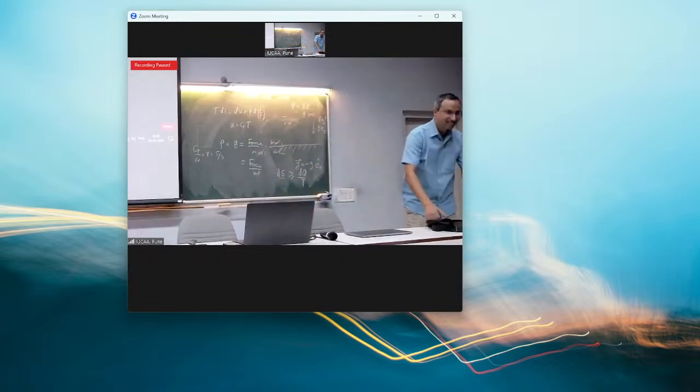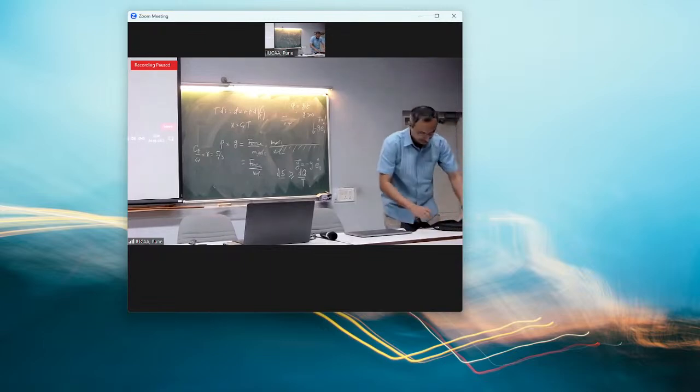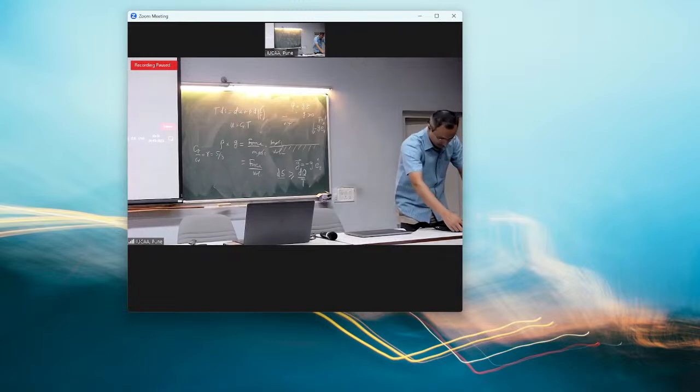Pressure is a stress. Isotropic pressure. Pressure is like a stress. Isotropic stress is called pressure. Then, no shear. I said for an ideal fluid there is no shear stress. Shear stress is different.